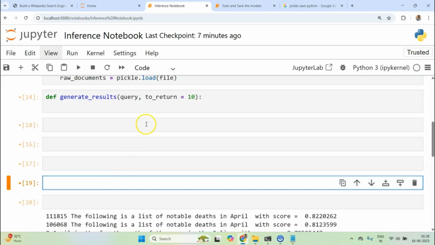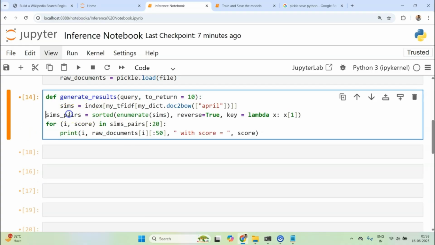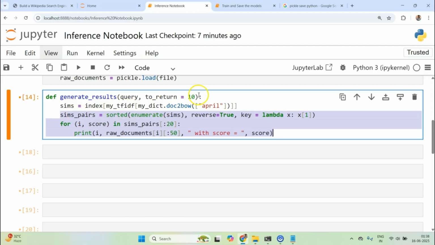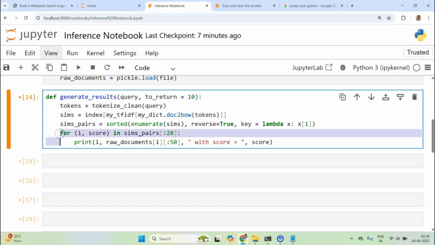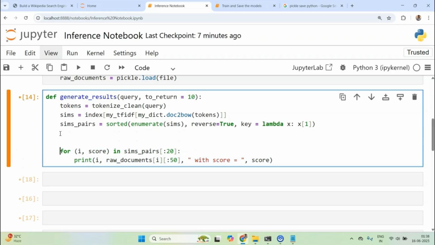I'll copy this code here, and I want to take my query and first of all tokenize it. So tokens is equal to tokenize_and_clean on query, and after that replace this April with tokens. So now I have similarities and similarity pairs, and finally, in place of printing, I want to return.